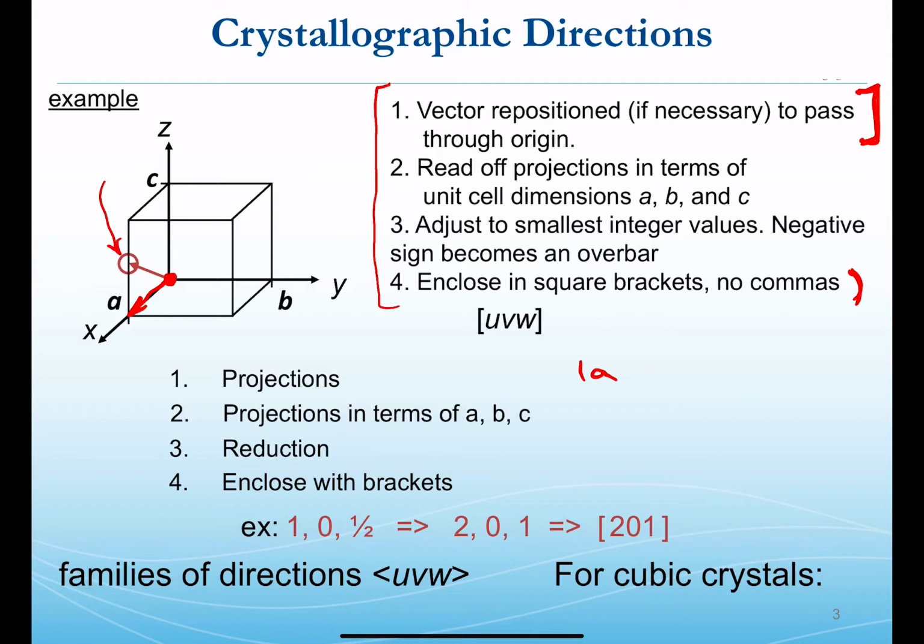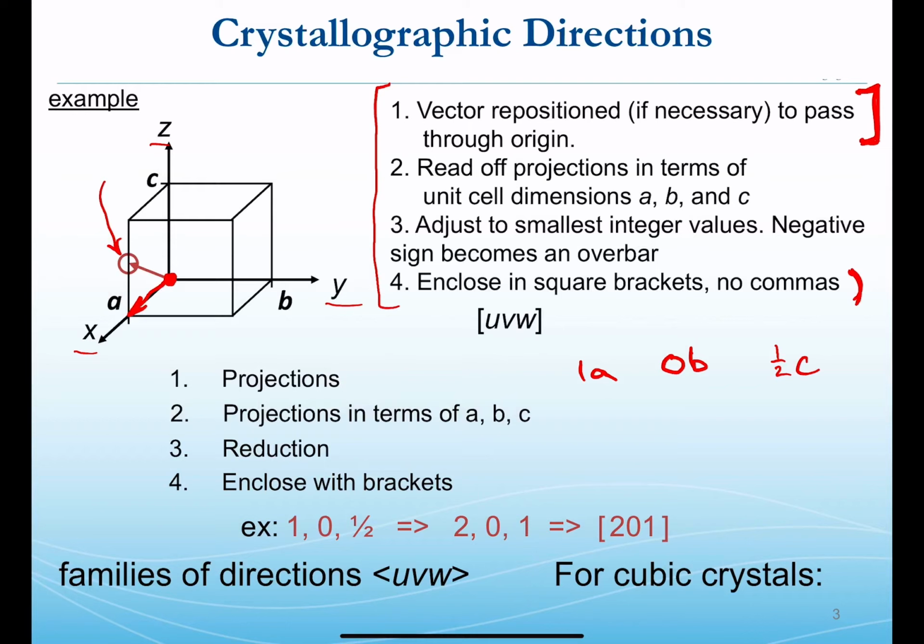I then need to travel along the y. Notice x, y, z in that order. I need to travel along the y direction 0 amount, so 0b. And finally, I need to go up. In this case, we're pointing to a spot that's halfway up the cube. So we need to go halfway up the z direction, or a half unit of c,